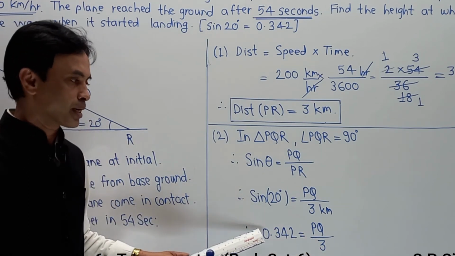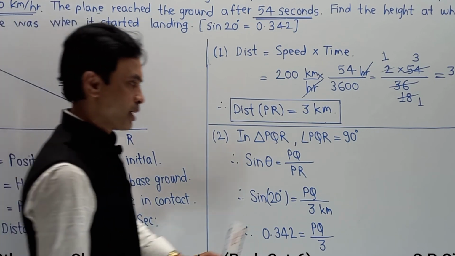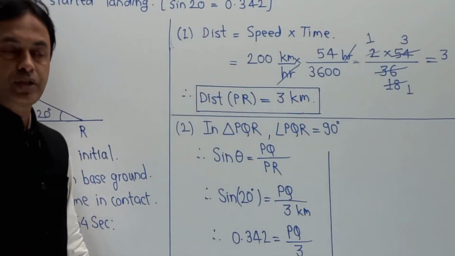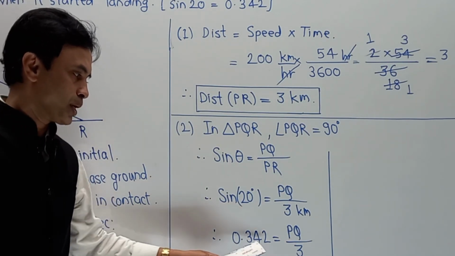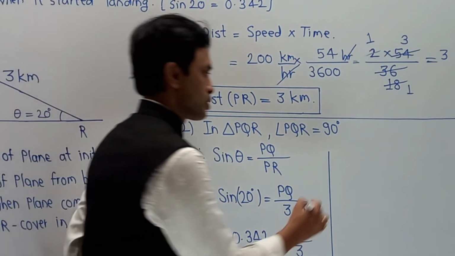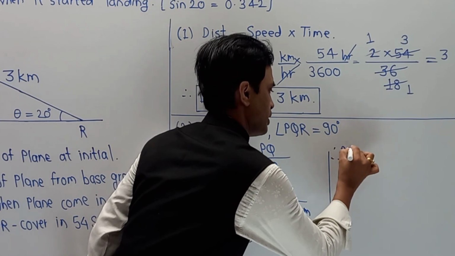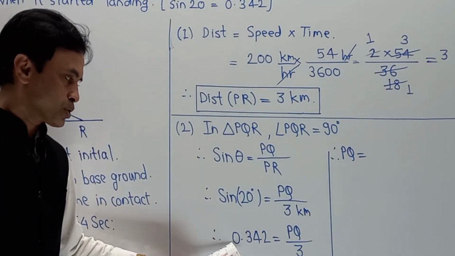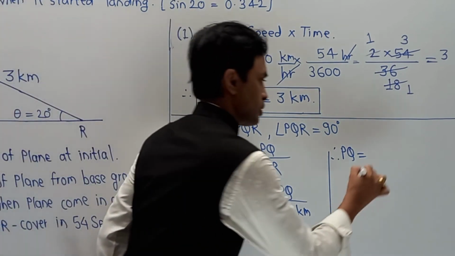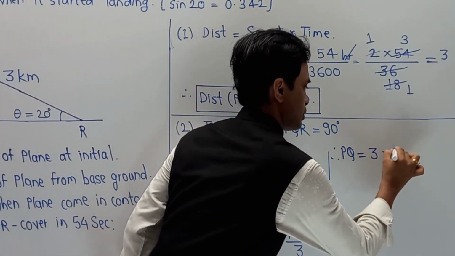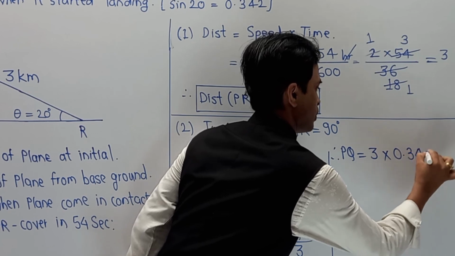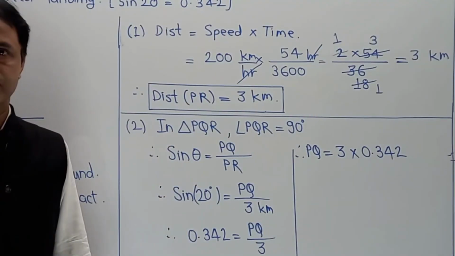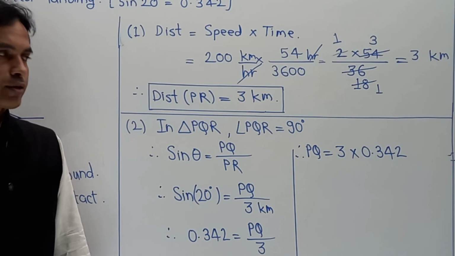As it is divided by, it comes to this side as multiply by, and the evaluation becomes 3 into 0.342, that is PQ. So I'm going to write, therefore PQ is equal to 3 into 0.342, and the calculation is,